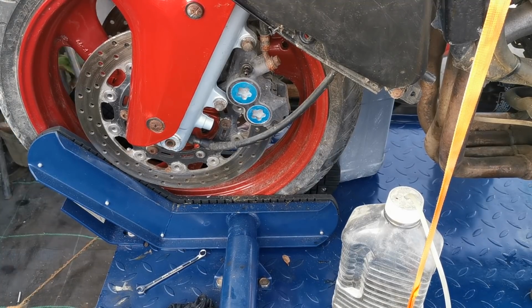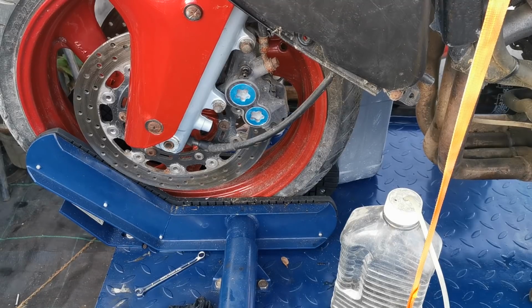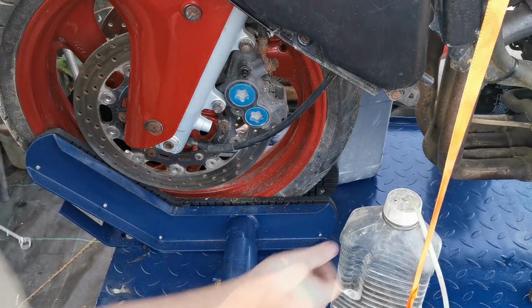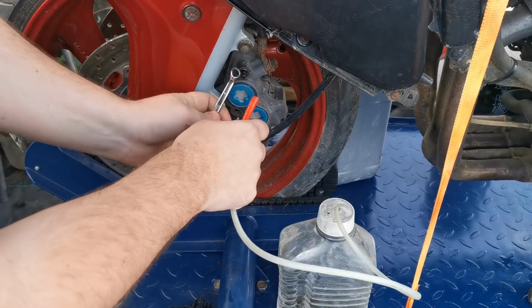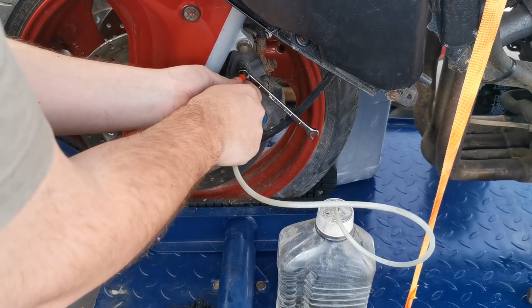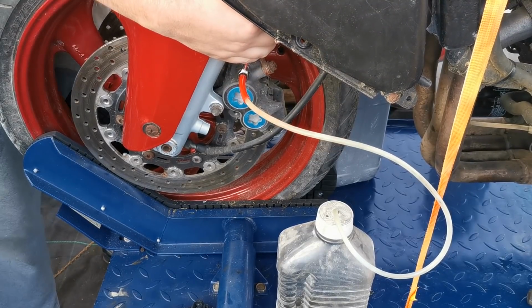So I'm just going to take the reservoir cap off of the front here, just up by the clocks. And same again, the brake fluid is not much better than it was on the back. So what we're going to do is just the same process again. Spanner on, make sure your pipe's on, and then it's a matter of cracking it, front brake in,